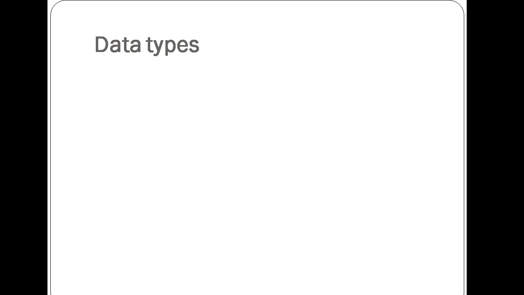Basically, there are three categories of data type. One is primitive data type, another one is aggregate data types, and another one is user defined data types. Primitive data types, in the sense, as you can see here, integer, float, double, or character. These come under the category of primitive data types. So we are going to see what this int stands for, what is float, what is double, what is character in the hands-on session now.